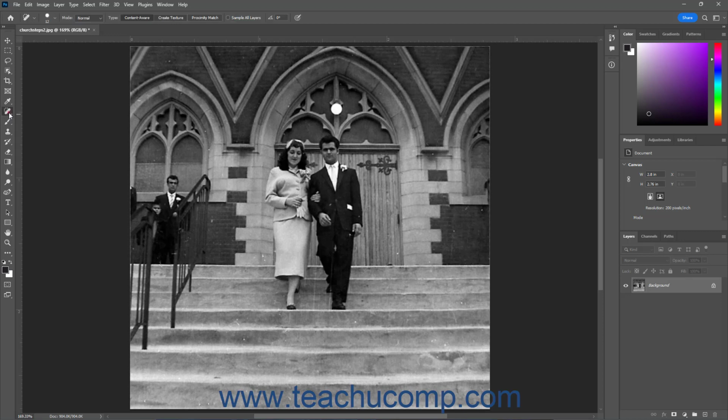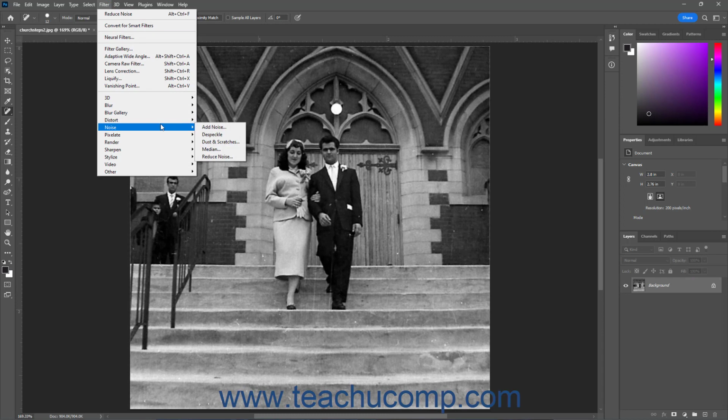Photoshop has many tools like the Healing Brush tool and Spot Healing Brush tool, which help you fix a scanned image that has dust, scratches, and other problems. Photoshop also provides a category of noise filters that help increase the clarity of old photos by removing various flaws. To apply one of the noise filters in Photoshop to a selected raster layer or smart object layer, select Filter, Noise from the menu bar. Then select one of the following noise filters to apply from the side menu of choices and set its options